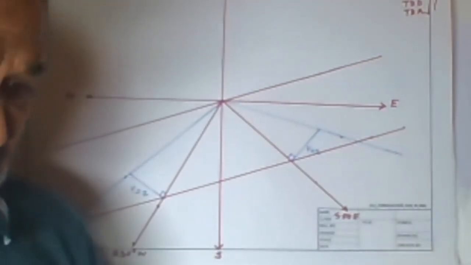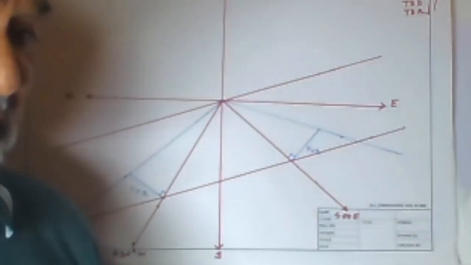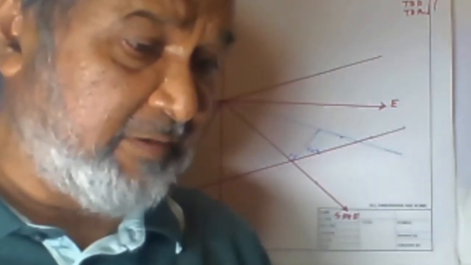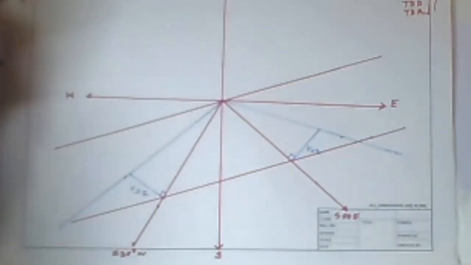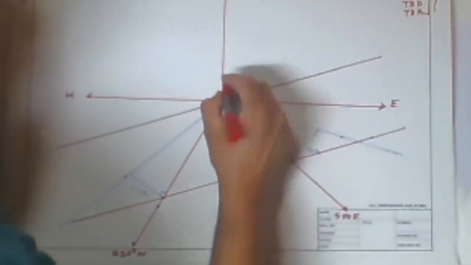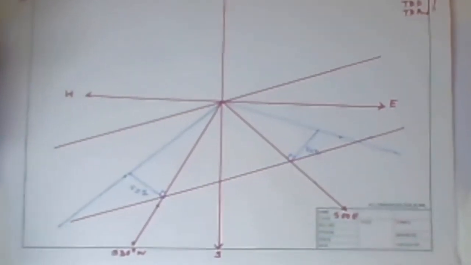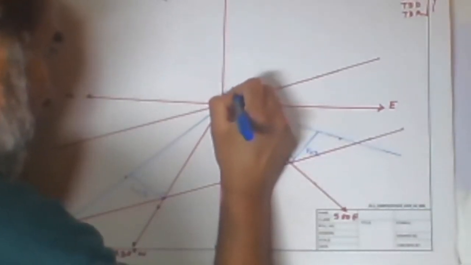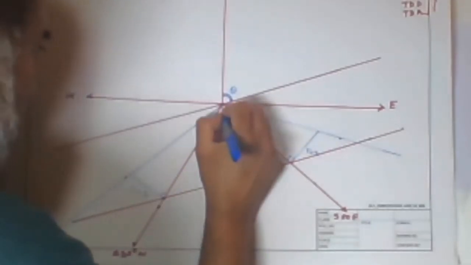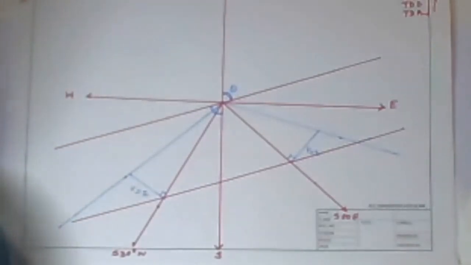Now the problem we have to study. Sandstone shale bed is dipping 20 degree south 30 degree west, and 25 degree along south 50 degree east. That we are done. Now you have to find out the first answer, the strike direction. This is your strike line. Use the blue one. This is your strike direction, and this will be the other one. One by one we'll measure, and we can write down the answers.